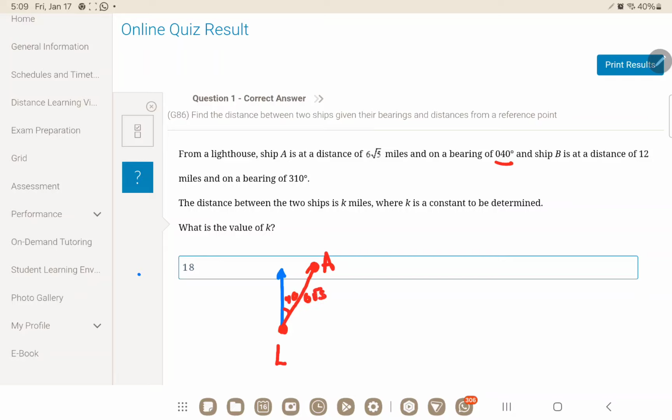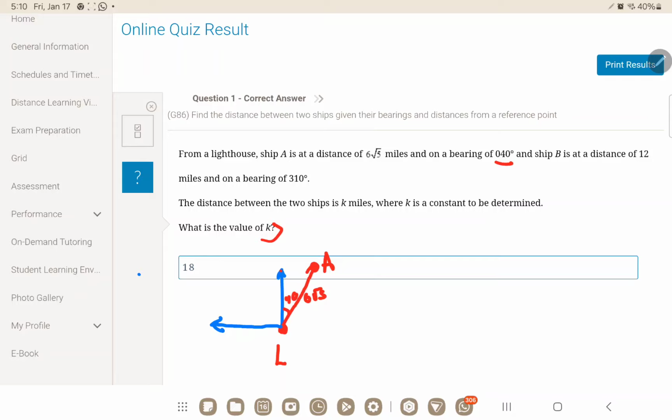Now, ship B is at a distance of 12 miles on a bearing of 310. Now, if we started here, if you do one full turn and come back here, this would be 360 degrees. So, let's say you have this is your east, right? So this line would be 270 degrees. So 310 would be between 270 and